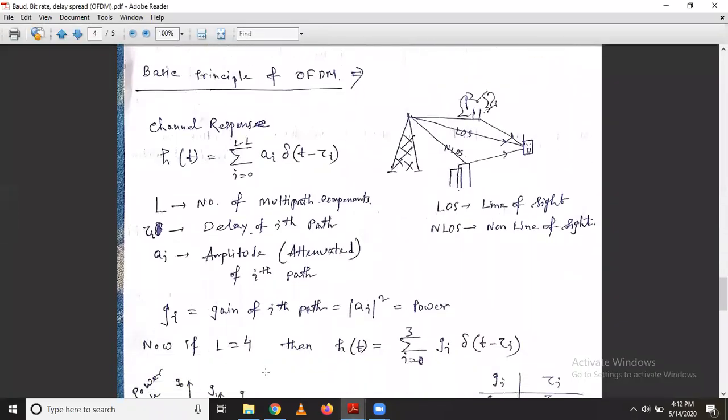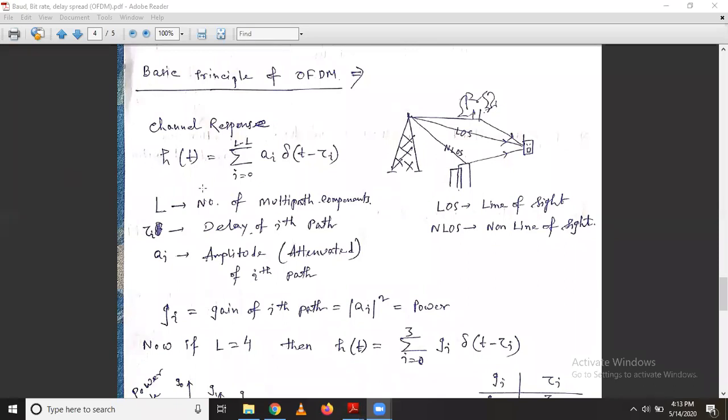So last day we started this OFDM portion, and we discussed a little bit. Actually, OFDM is used in 4G, in the application of LTE, WiMAX, WLAN. For all these things, the OFDM modulation technique is used, and it's a main part of wireless communication. Even though it is in your syllabus, sometimes a short note comes for the exam. That is why we will discuss a little bit of OFDM.